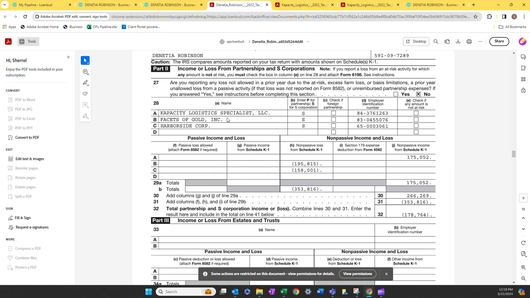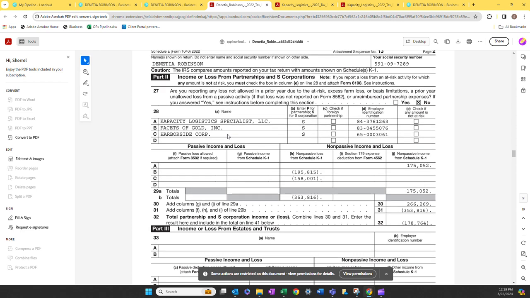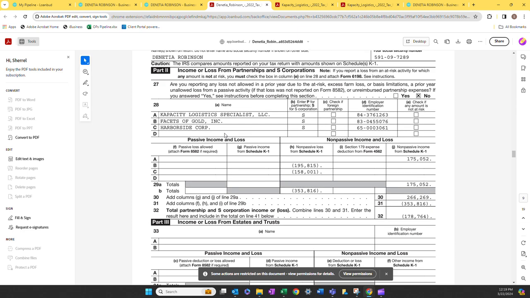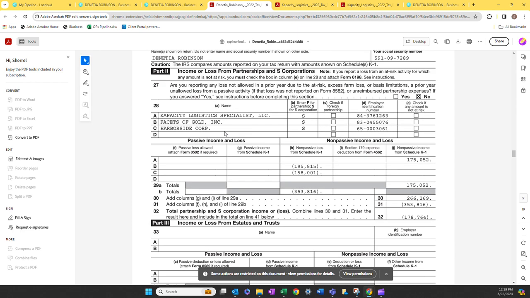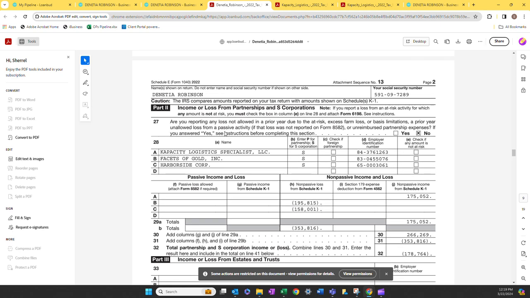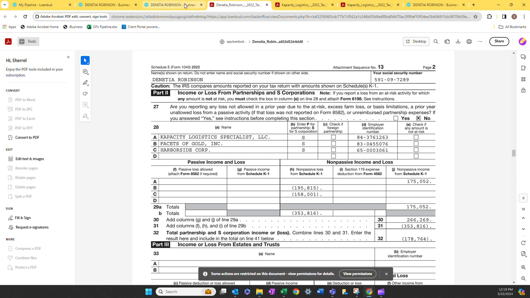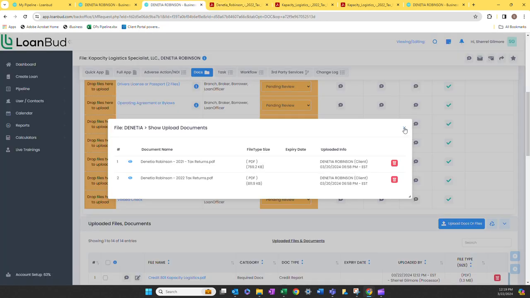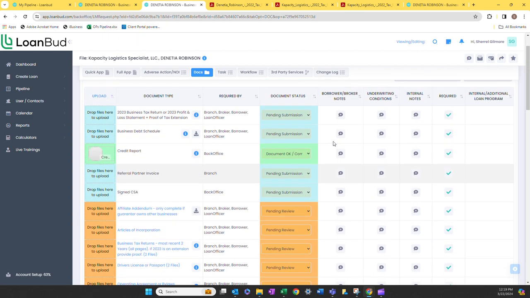So they answered the question no on the application, but here I can see that they have two other S corps, which is going to be this one and Harborside. Here's the EIN for each. And so here I'm going to want to request an affiliate addendum for each business, although they've indicated that they don't have affiliates. So once we go back to the Documents tab, we can note here,